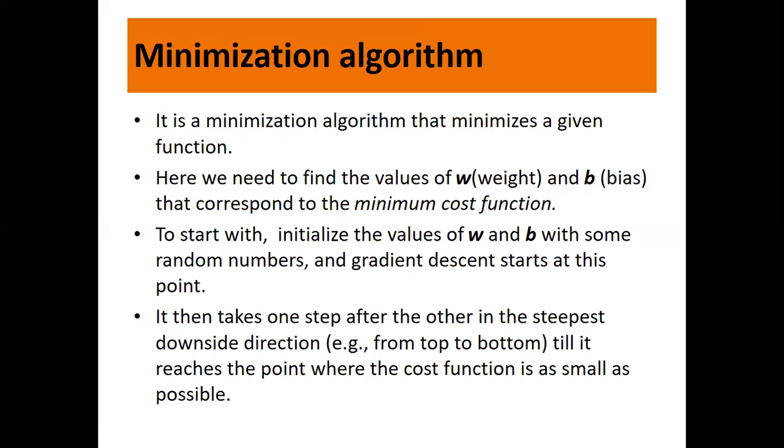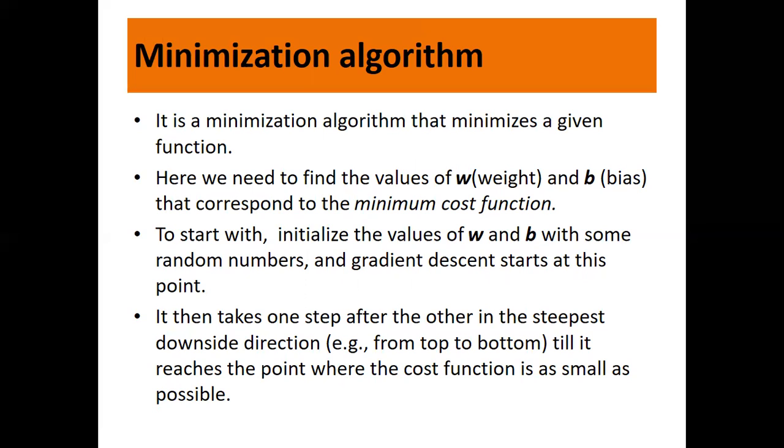It is nothing but the difference between the expected output and the actual output. So the actual output is what is generated by the neural network during the training, and what it should have been actually. So the difference between actual and expected. What we are trying to do is reduce that gap between actual and expected. To reduce that gap, we need to adjust the parameters weight and bias. So gradient descent helps us in deciding how much we need to change the weight and the bias